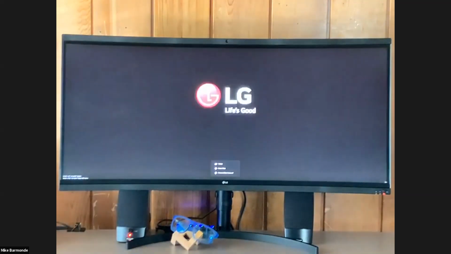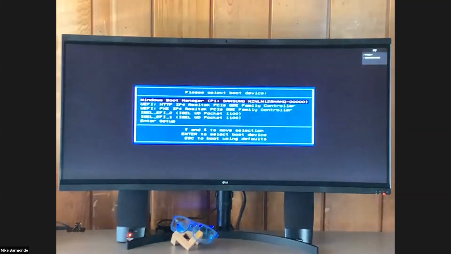One of the operational lifts you're going to have to do as an IT team, potentially, as you use the UD Pocket, is getting users educated on exactly how to boot from USB. With LG, they make it super easy. It's just F10 right before the boot up screen, and it'll give you this environment where you can choose either UEFI or legacy, or whatever you'd like to boot into. So I'm going to choose the IGEL UEFI partition 1, and this is going to allow that UD Pocket to